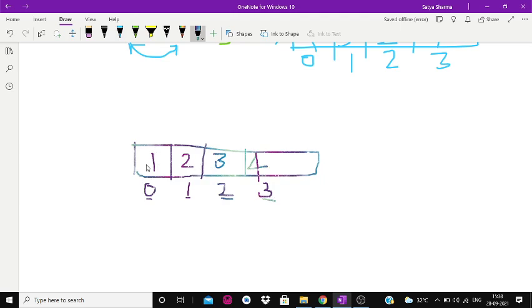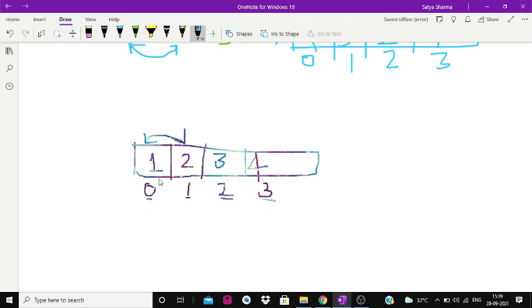You can see the concept I just talked about previously: whenever you have a violating condition, you will have it in pairs. Just like you can see that you have an even number at odd index, so you will have an odd number at some even index also. Just like 1 is odd at even index, then there will be an even number at odd index that would be violating. So we can easily pair them up and swap them.